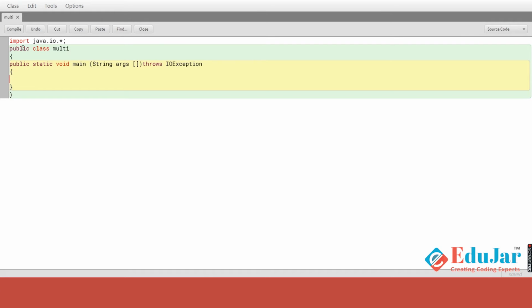After this, I'll be writing InputStreamReader read = new InputStreamReader(System.in), BufferedReader ob = new BufferedReader(read).